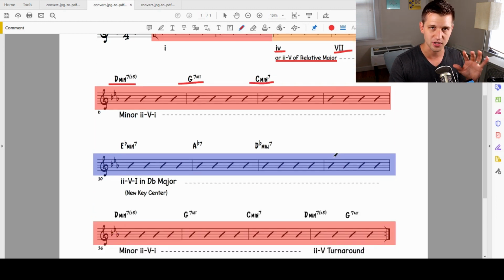Now, a cool and interesting thing about Blue Bossa that I also think makes it worth learning is that we start dealing with non-diatonic keys, meaning that they're not necessarily related back to the parent key, which in this case is C minor. In this case, we move to D flat major here, and it's just a major 2-5-1. So again, knowing Autumn Leaves and knowing Blue Bossa reinforces these major and minor 2-5-1 concepts. If we can recognize these, it's really going to open up everything for our jazz improv and learning